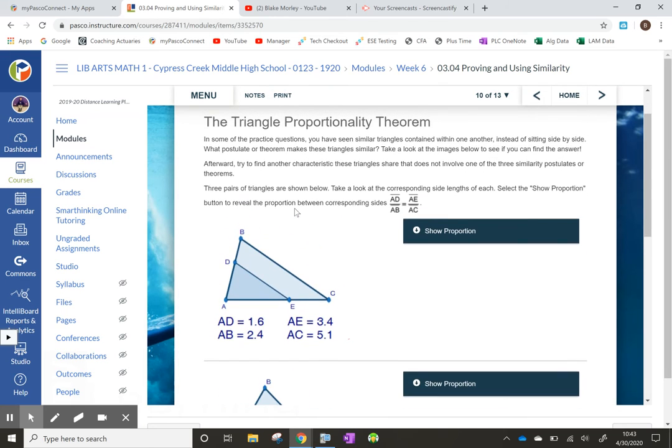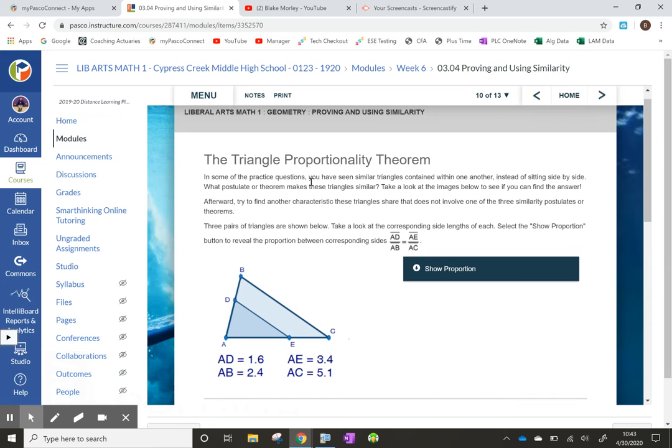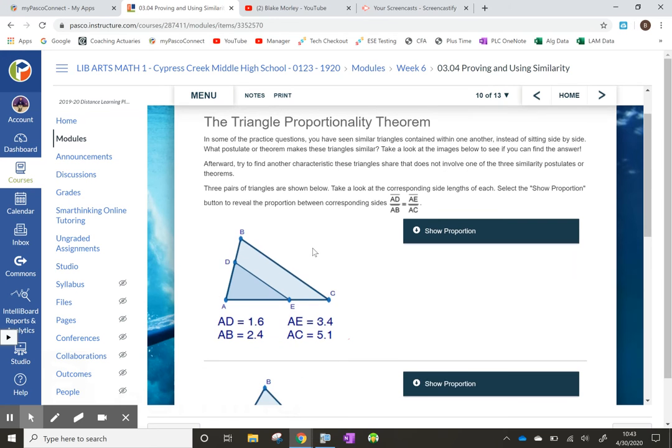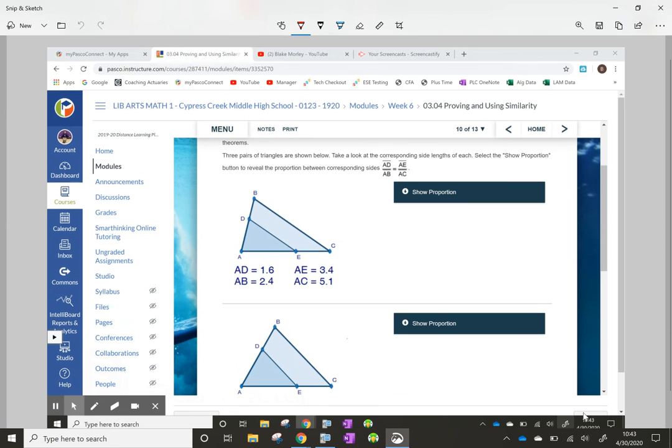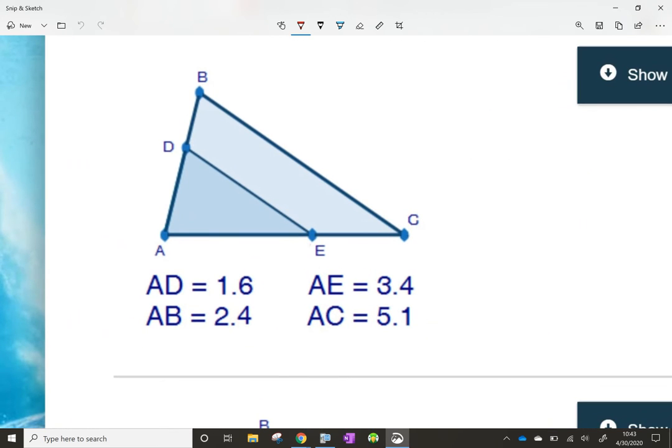All right. So triangle proportionality theorem. So basically, what this is going to claim is when you have two triangles, but two edges of them are parallel. For example, you'll see here the smaller triangle, and then the bigger triangle here. Obviously, we can see that these sides are overlapping each other, but if this side is parallel with this side,